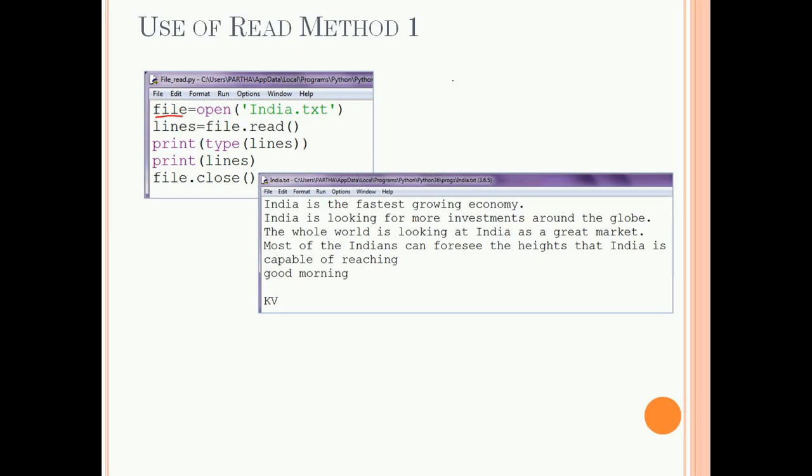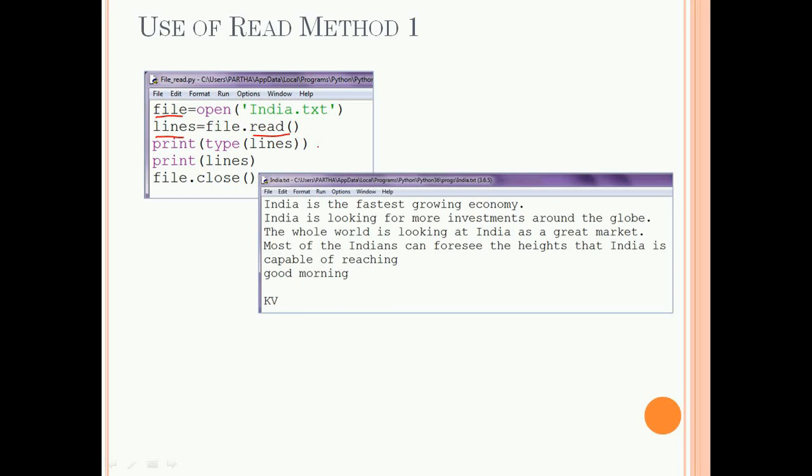In the second line, I have written file.read and I do not mention any value in the argument. That means this read method will return the entire file as a string and this lines variable will store the string.